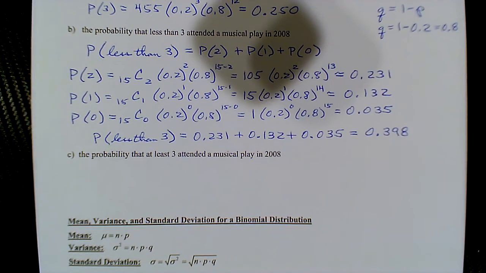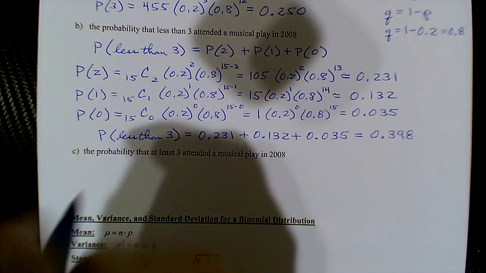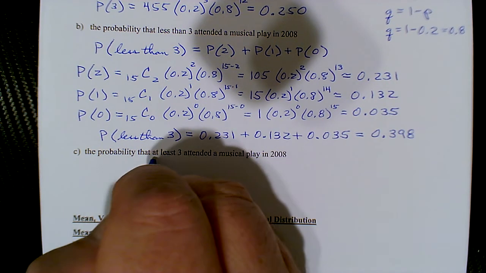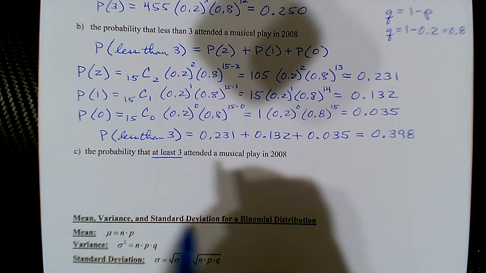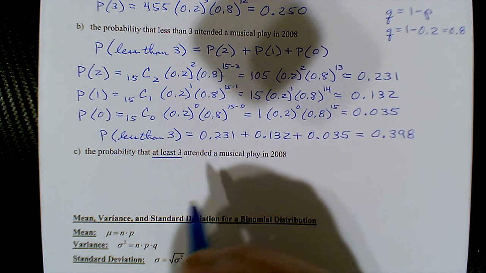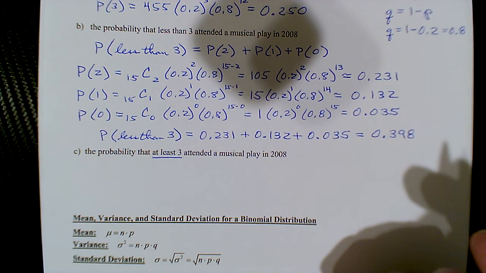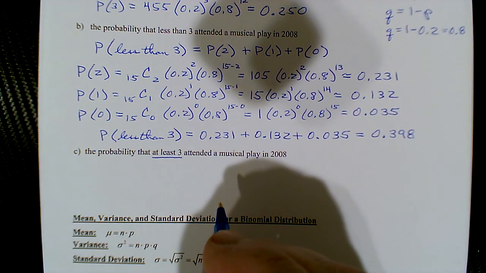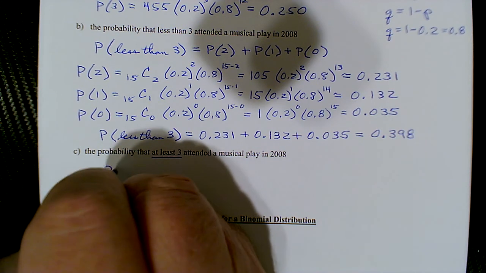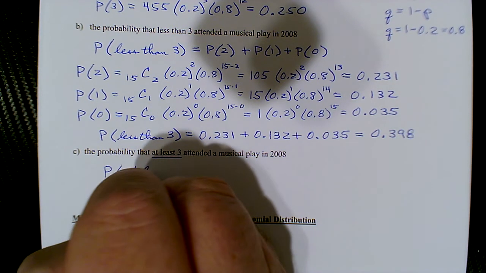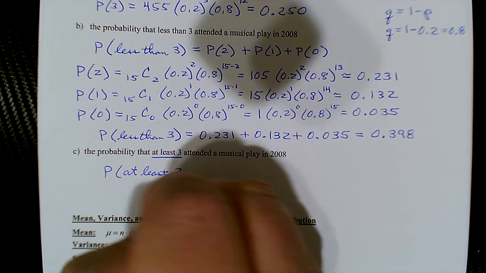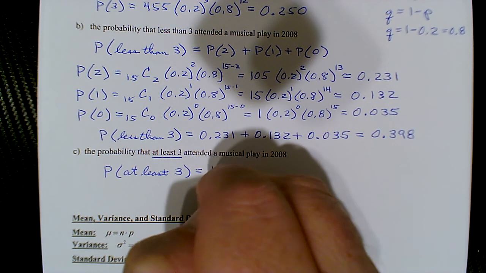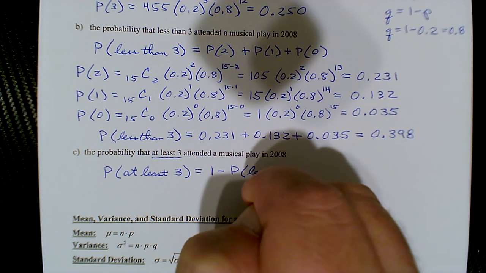Okay, so then the probability of at least 3. A lot of times we'll set you up for a question like this. At least 3 would mean 3, 4, 5, 6, 7, 8, 9, all the way to 15. So we wouldn't really expect you to do it a dozen times, right? So fortunately, the probability of at least 3, which means 3, 4, 5, etc., is actually 1 minus the probability